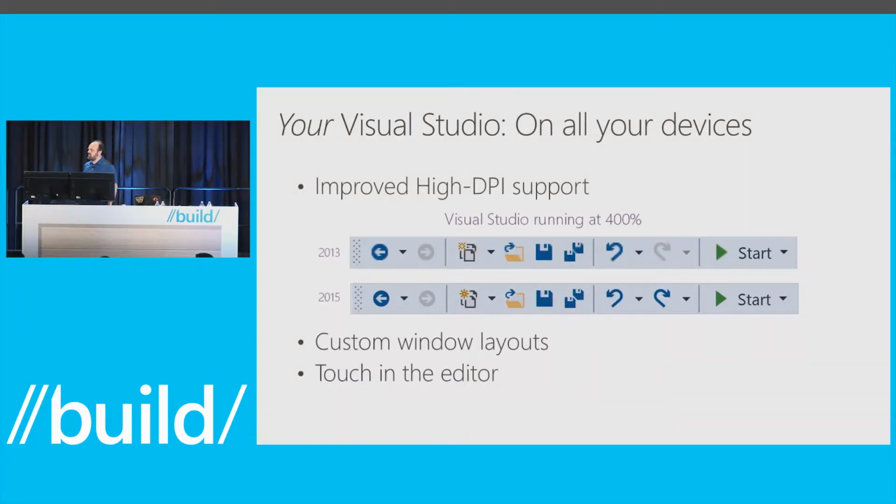Another way that we're working to make sure that we work with all of your devices and are personalized to the device world that you're living in is that we've been working since Visual Studio 2013 to improve our high DPI support. Now, I see a number of you are packing Surface 3s, awesome, and there are a lot of high DPI devices out on the market today. More and more people are working on them,